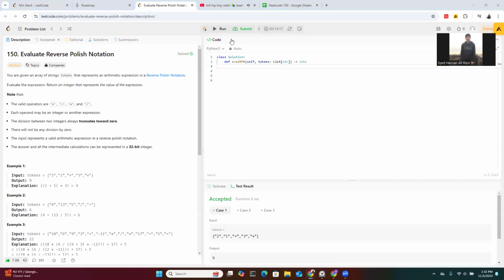All right, so this is going to be LeetCode number 150, Evaluate Reverse Polish Notation. I'll just start the timer again and go through the problem, go through the algorithm. So let's start. You're given an array of strings tokens that represents an arithmetic expression in reverse Polish